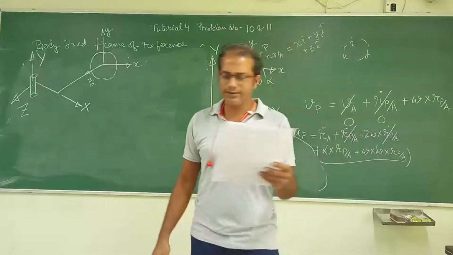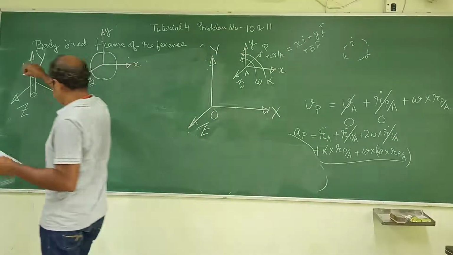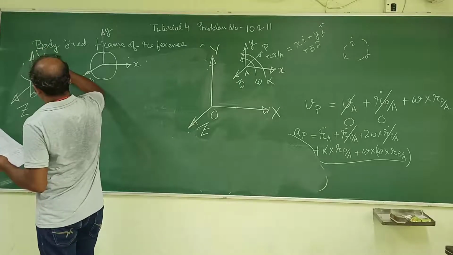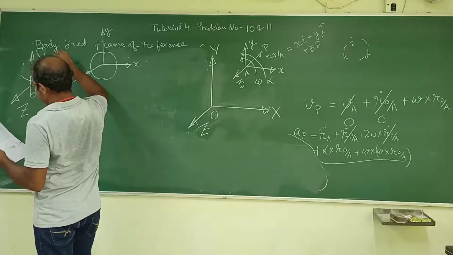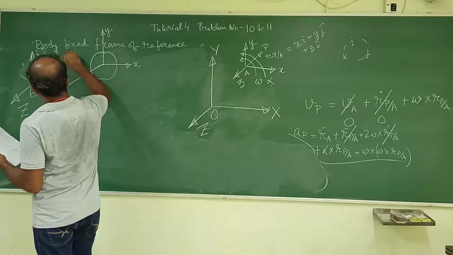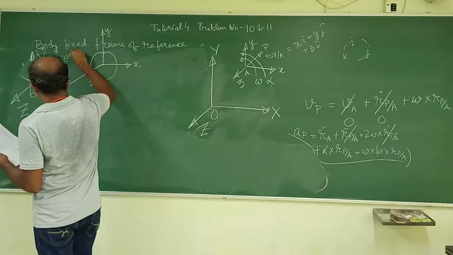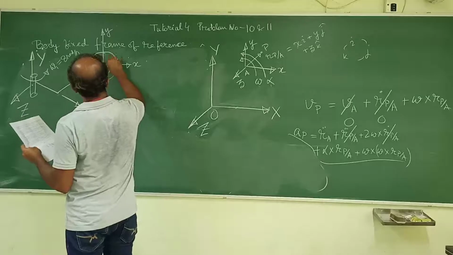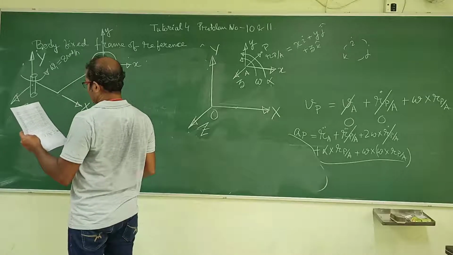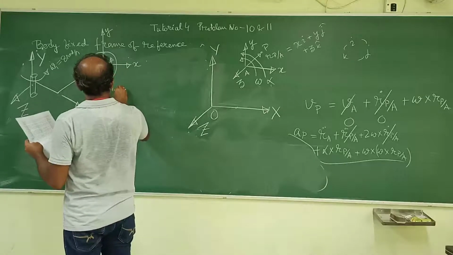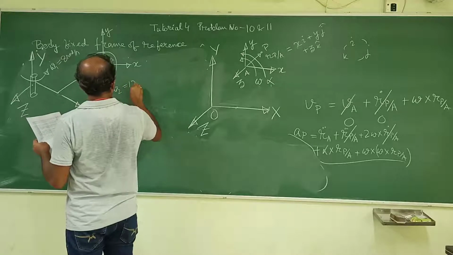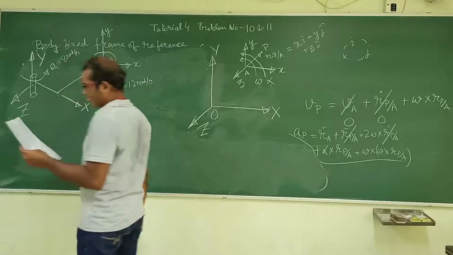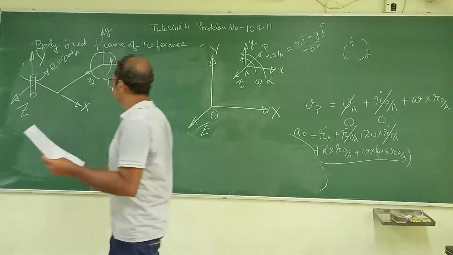This collar is rotating like this at omega 1 equal to 8 radian per second, and this disk is rotating at omega 2 equal to 12 radian per second, and this